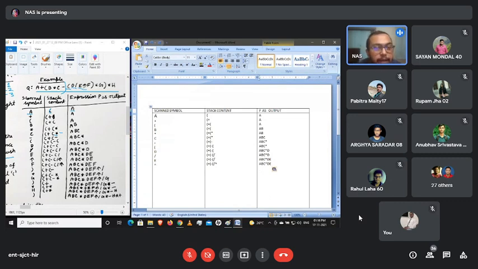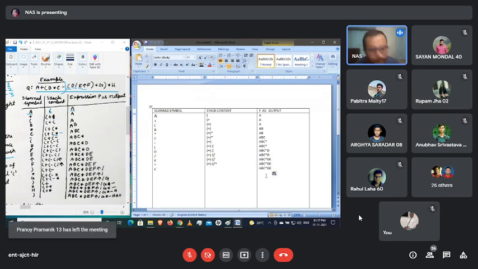Okay. After encountering this one, again we are encountering f. So f is an operand, so no changes will be there. So here just Control V and f, and the top of the stack will remain unchanged.